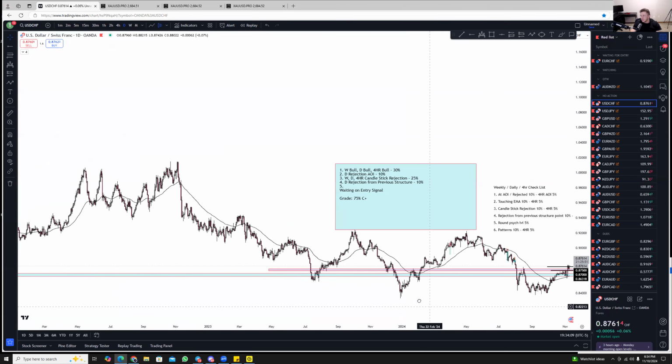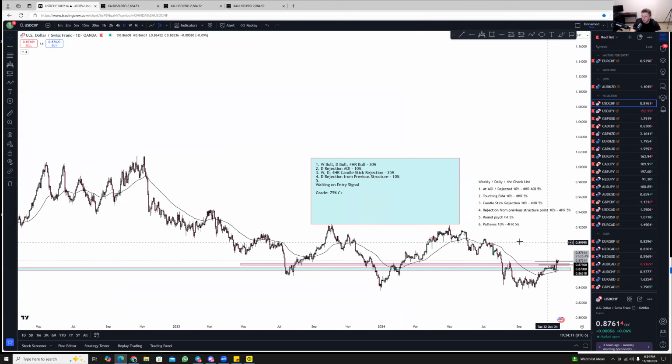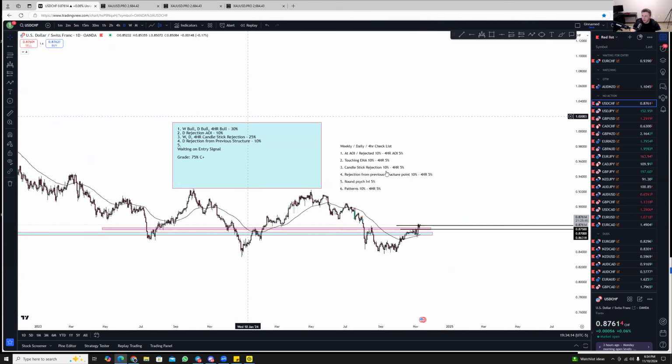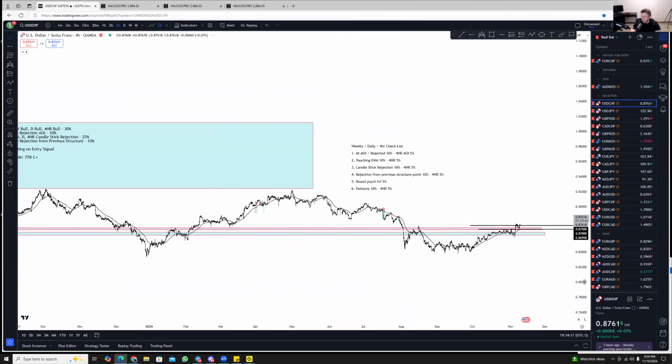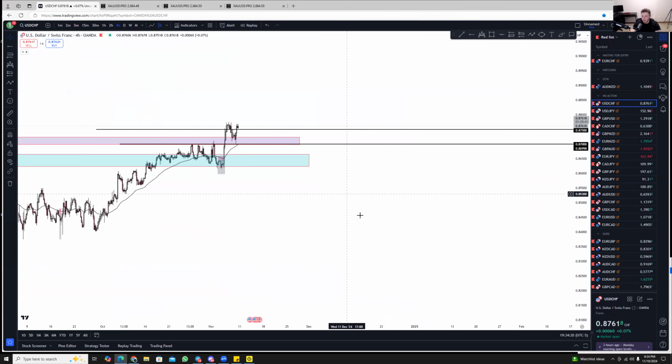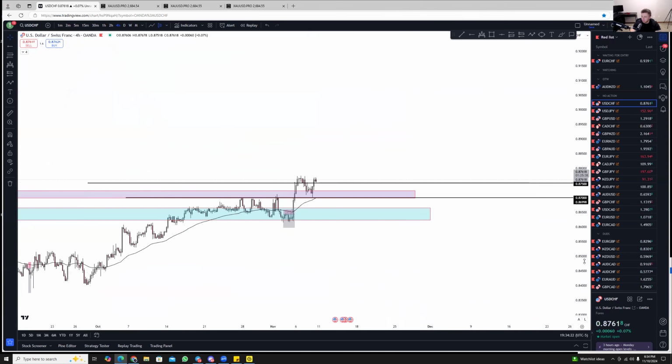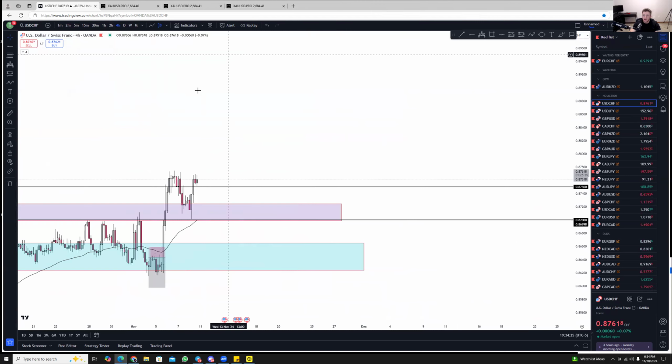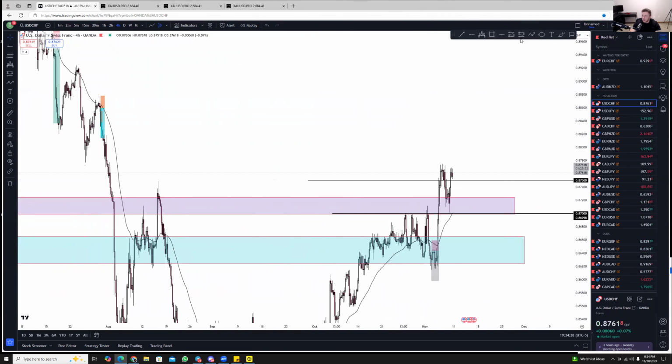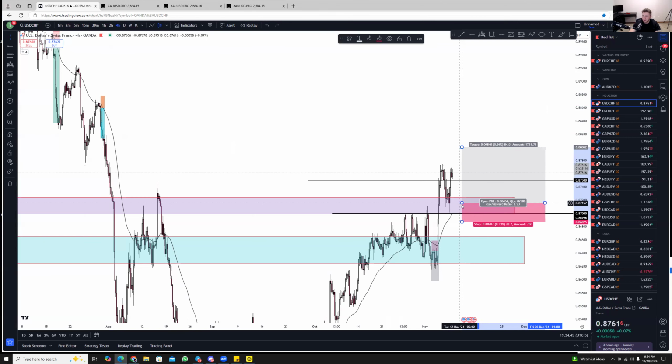So this is USD CHF. We are waiting for our entry signal. Where would my alarm be? Well, like I said, we want to see a pullback, some sort of pullback. Where would we even get into this trade? Quite frankly, maybe that's what we'd want to see. Yeah, if we got into this trade, we want to see some sort of pullback because the